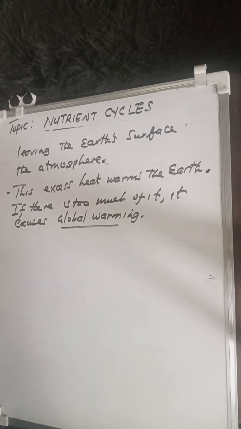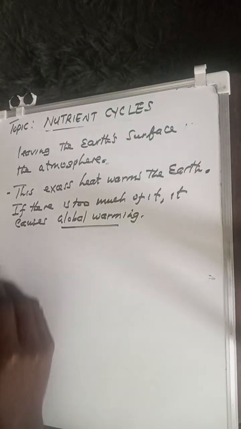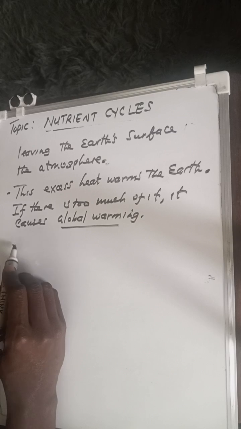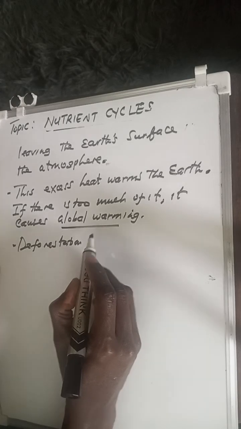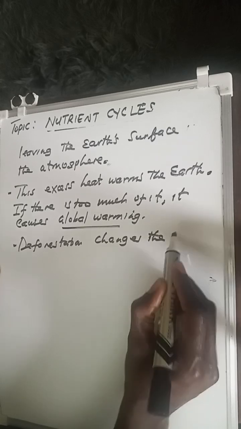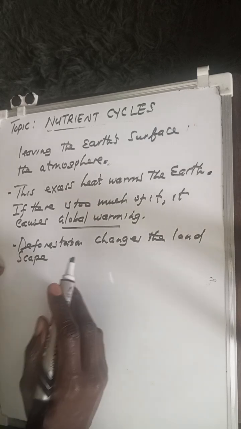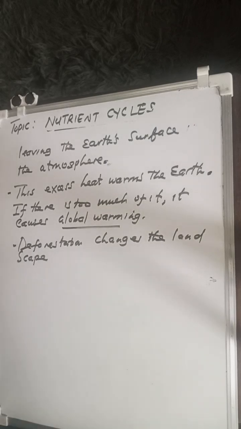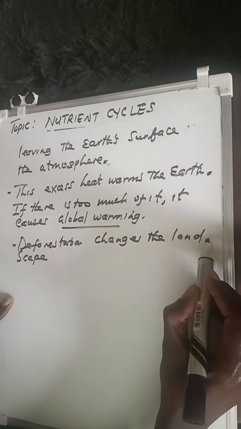So we can say deforestation, apart from causing global warming, also changes the landscape. It actually helps to change the landscape because there are many plants and trees on the earth that are going to be destroyed because of global warming that is going to result. So deforestation changes the landscape,